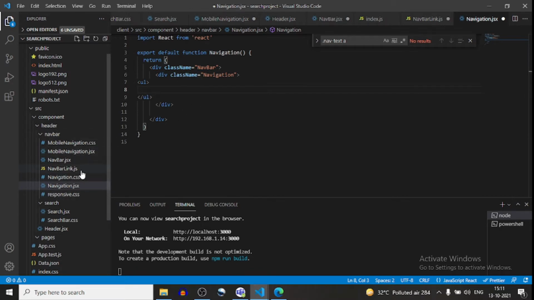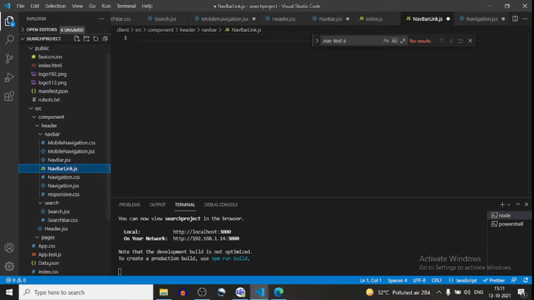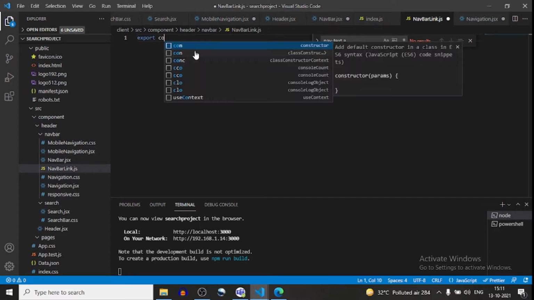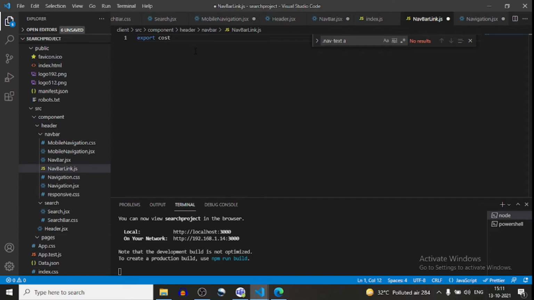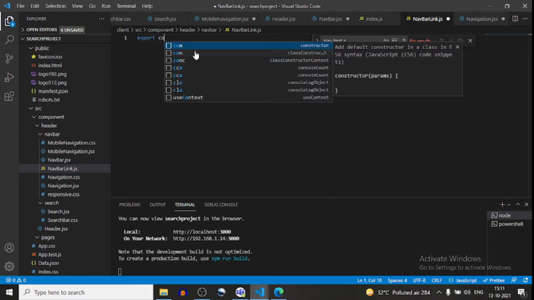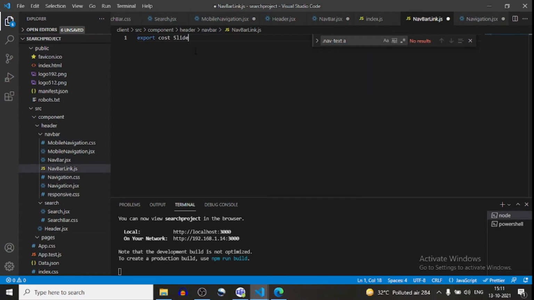To import the data I have created a navbarlink.js file. In this navbarlink.js I will create export const sidebar data, and here I create a title, our title will be home, and a path.